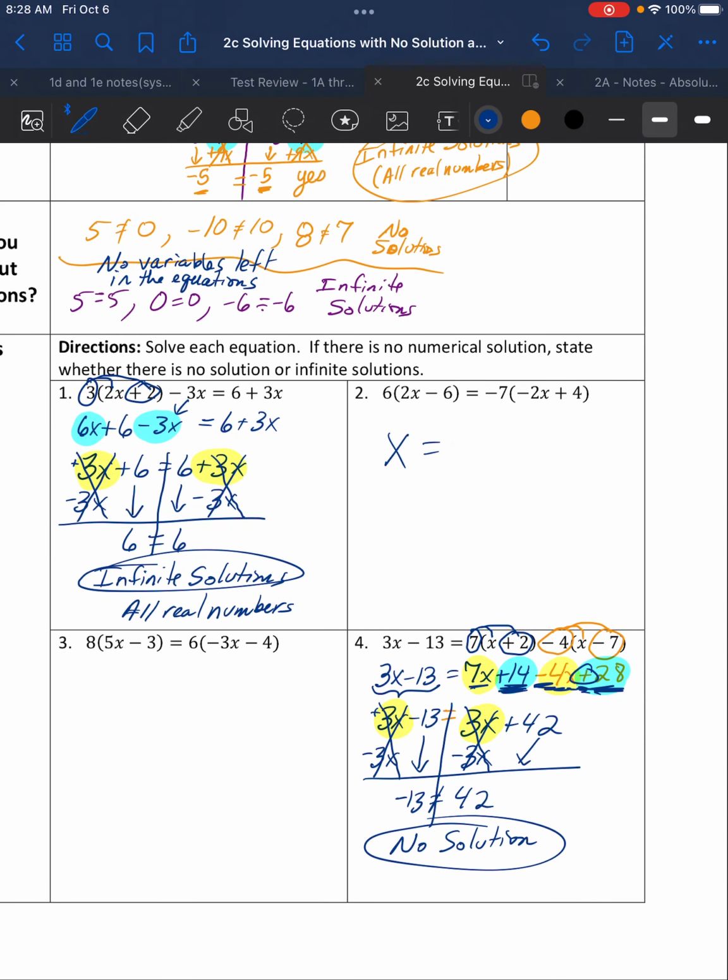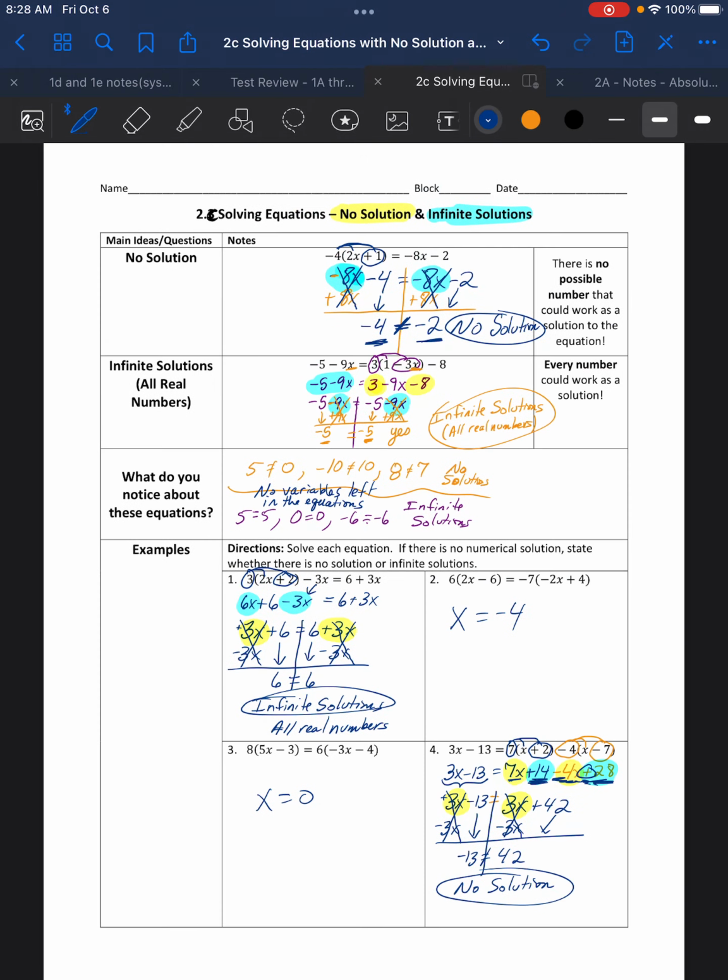All right, if you need some answers, you want to look it over. You have x equals negative 4, x equals 0. And if you have any other questions,